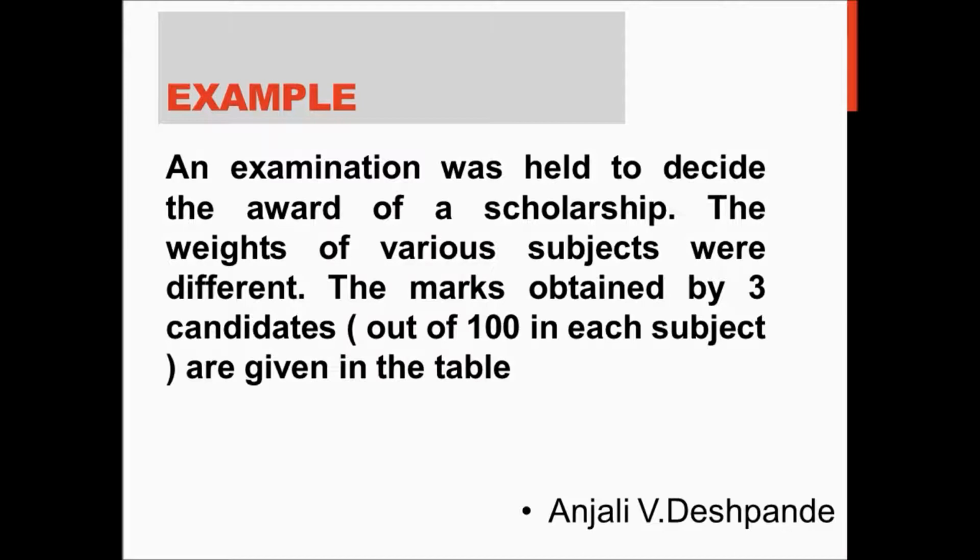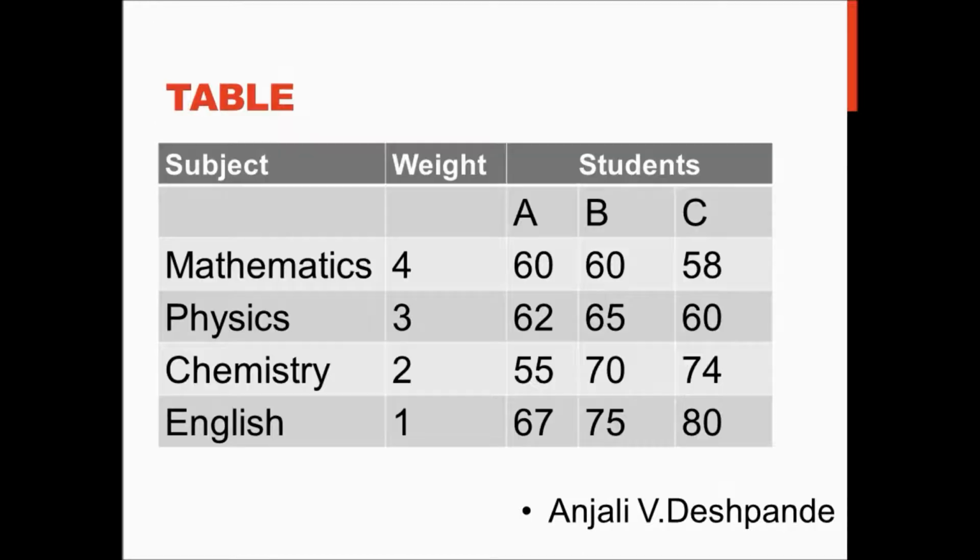Okay. So why this weighted arithmetic mean is also important is that in the earlier cases, as you can see, equal importance or weight was given to each observation in the data set. But sometimes there are situations in which the value of the individual observations is not of equal importance. If such things happen, then we prefer to make use of the weighted average method.